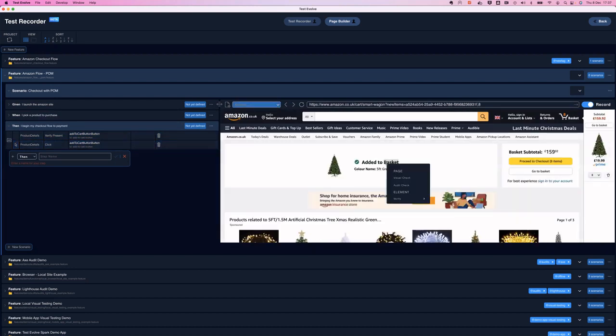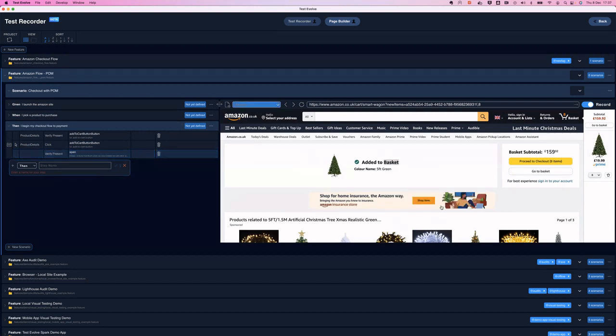We'll add a quick assertion here. And I'll tell you what else we're going to do. I mentioned accessibility and Lighthouse checks. Now these are done at a page level, not a component level. So whilst I'm in here, on the add to basket page, I can right click, and